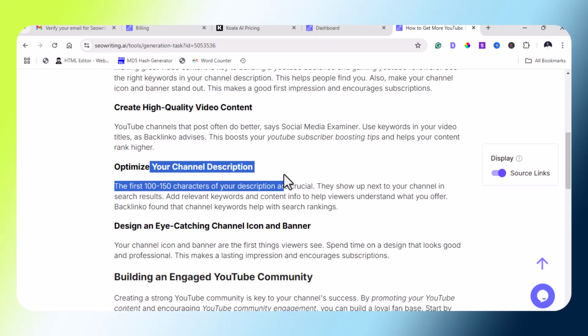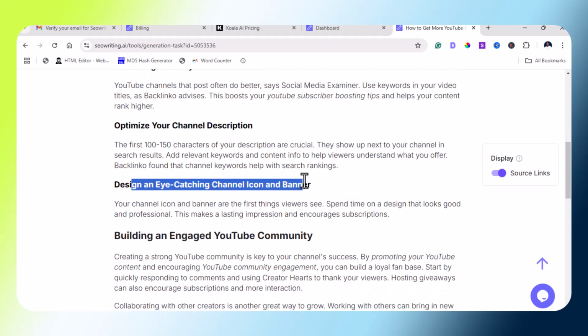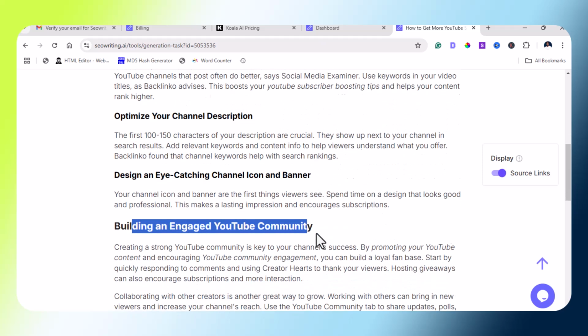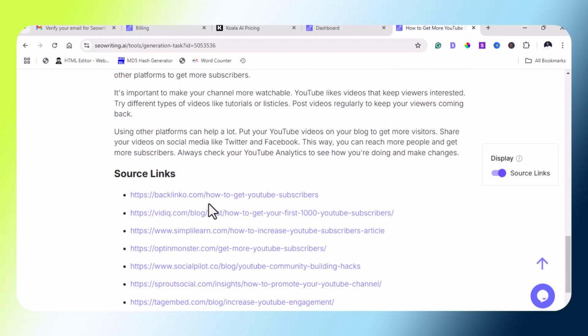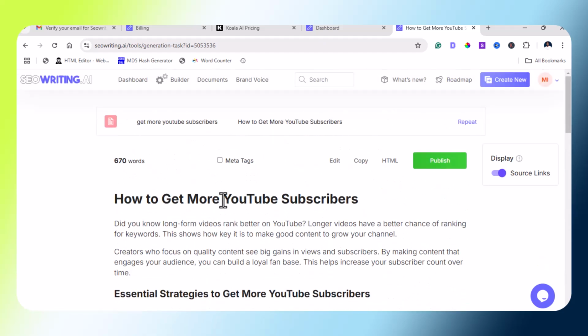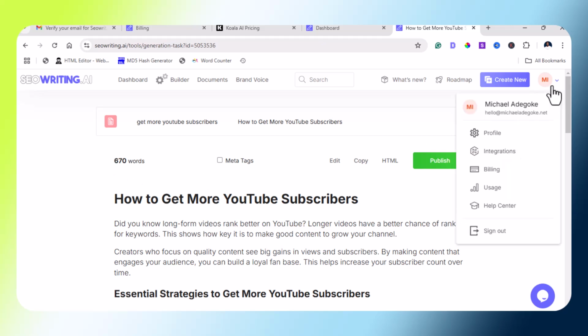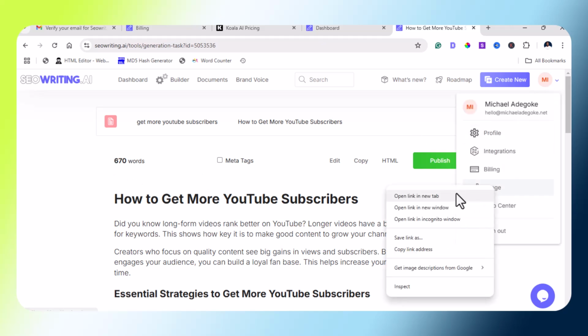Okay, optimize the channel. Okay. I think it should be able to write more than this, but probably because I chose X small, that is why it's like this. So I still have, let me check my usage,